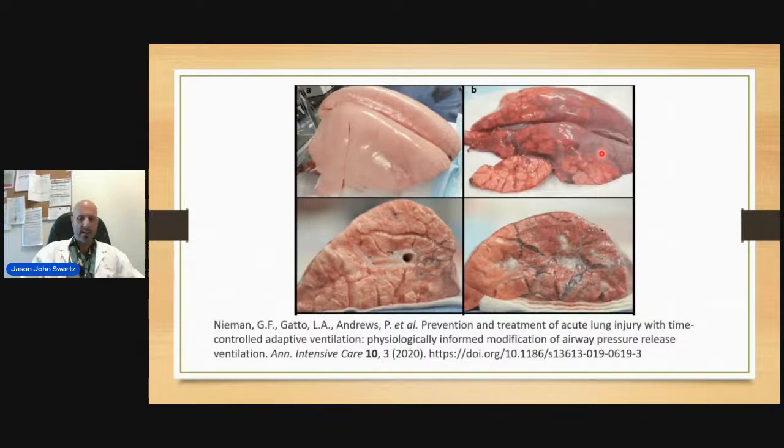And that's why this study here, prevention and treatment of acute lung injury with time-controlled adaptive ventilation, looking at this here, we have during the release phases, 12 mLs per kilogram of ideal body weight happening. This is the ARDSNet using low tidal volume ventilation, and we can see the lung injury here as opposed to a pretty pristine lung. Definitely no sign of ventilator-induced lung injury, while the ARDSNet with the lower tidal volume is heavily damaged. Why? Because it's not all about tidal volume. It's about how much tidal